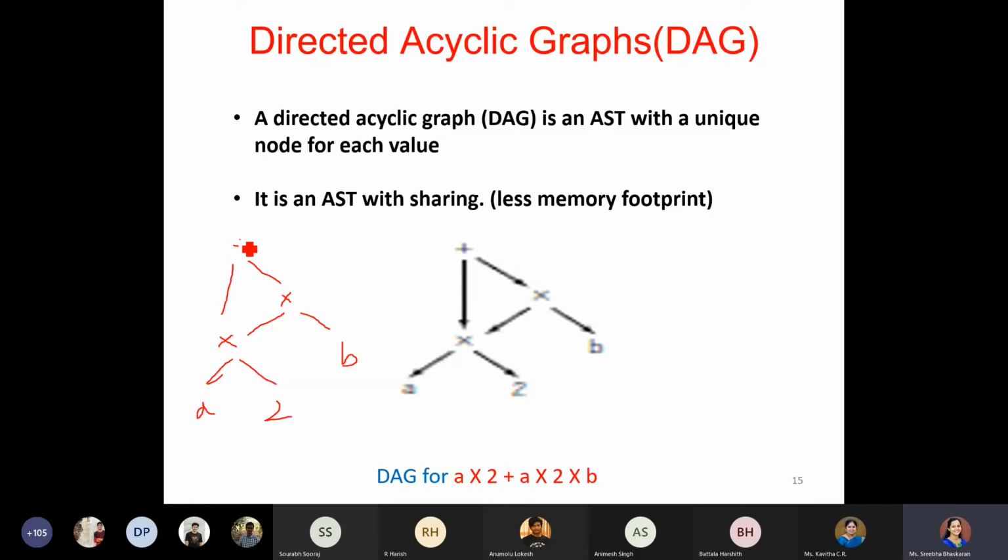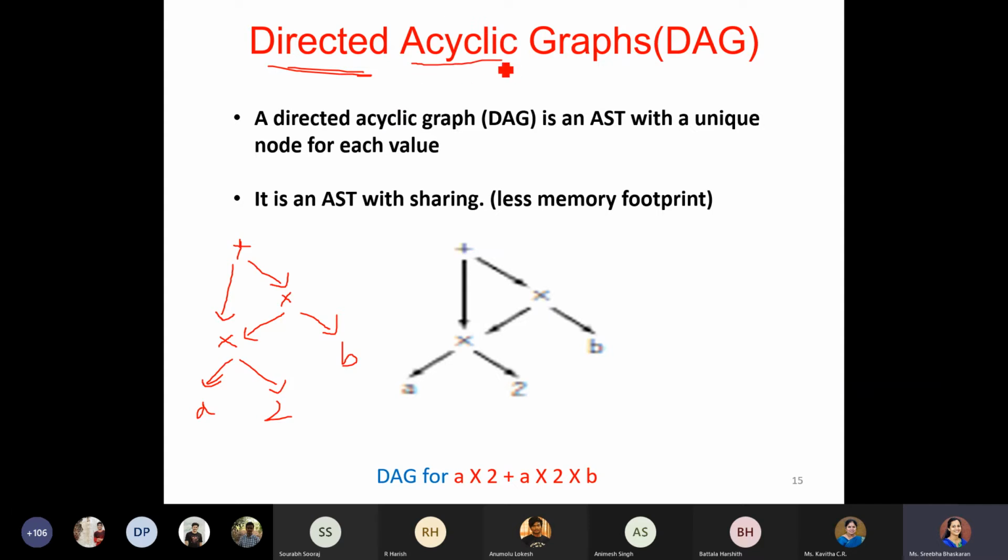So plus. According to the name, it says directed. When I say directed, there should be a direction shown, in the sense that an arrow mark should be explicitly mentioned in this DAG representation, that is directed acyclic graph. Always we have to make sure it doesn't form any cycle.